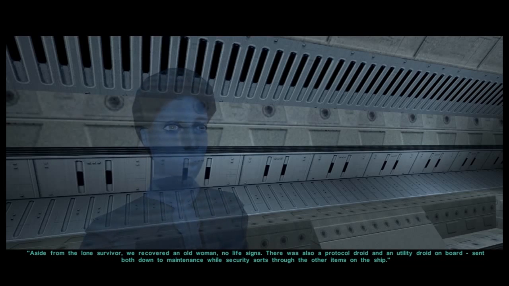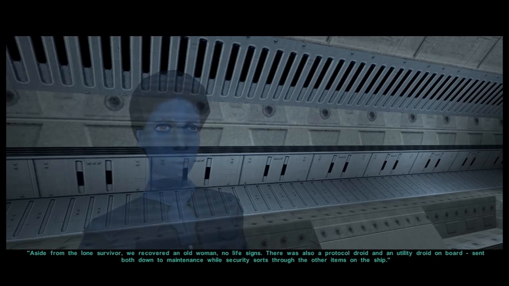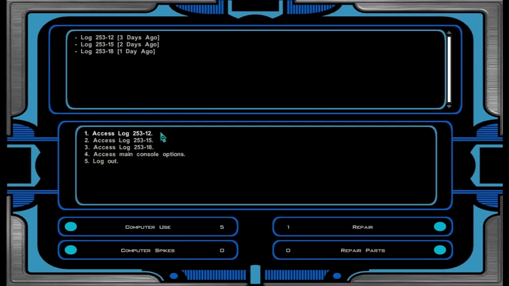Aside from the lone survivor, we recovered an old woman. No life signs. There was also a protocol droid and a utility droid on board. Sent both down to maintenance while security sorts through the other items on the ship. It looks like the utility droid, a T3 unit, was able to get the ship working enough to get to the colony. We're prepared to...